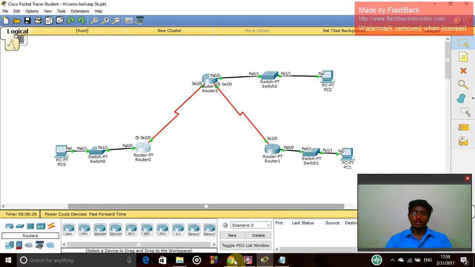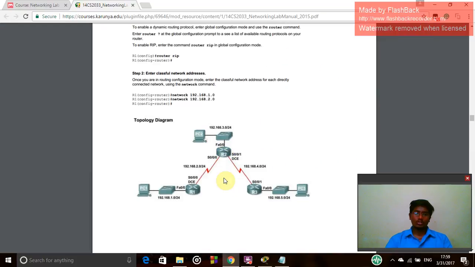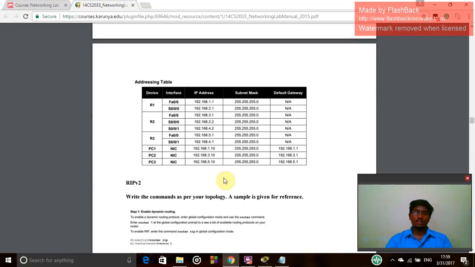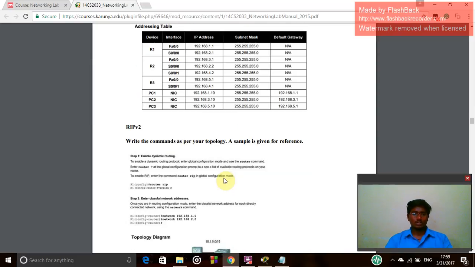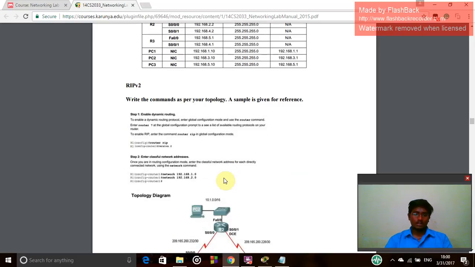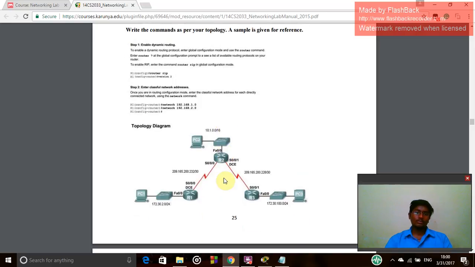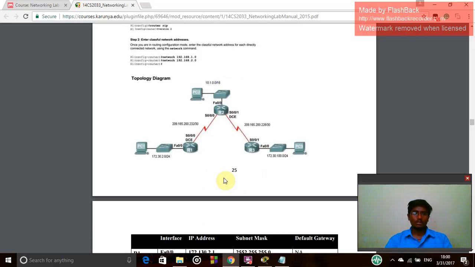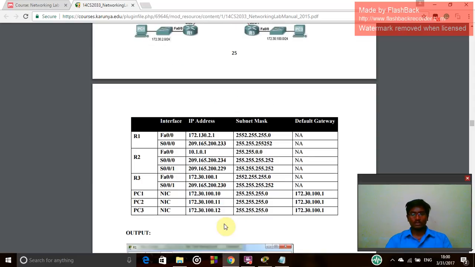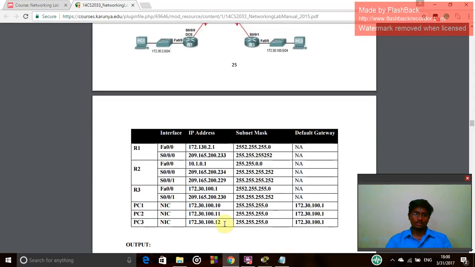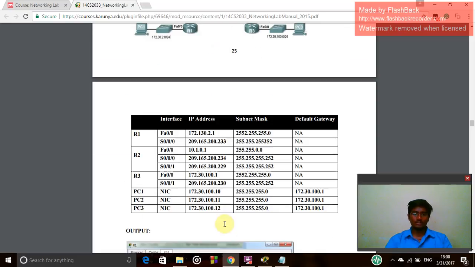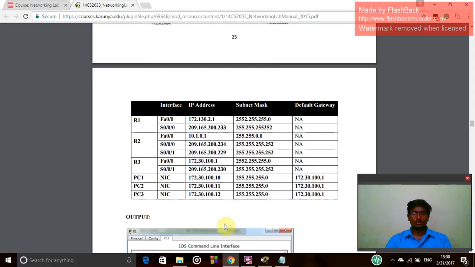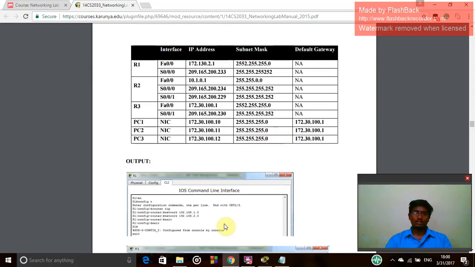So there are two versions, RIPv1 and RIPv2. This is the topology diagram, and there are two, that is RIPv1 and RIPv2. In order to enter into RIPv1, that is okay, and in RIPv2 write the commands as per your topology. Here it is the same, but we use the RIPv2 protocol. These are the IP addresses for RIPv1 and RIPv2, for all the end devices, routers, and everything. The default gateway, everything will be given according to this